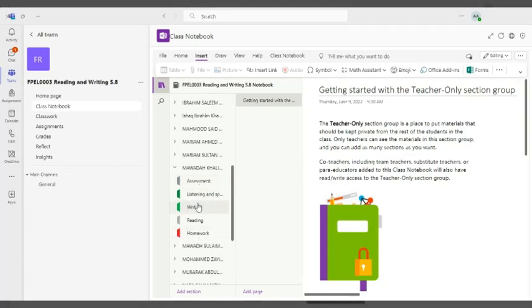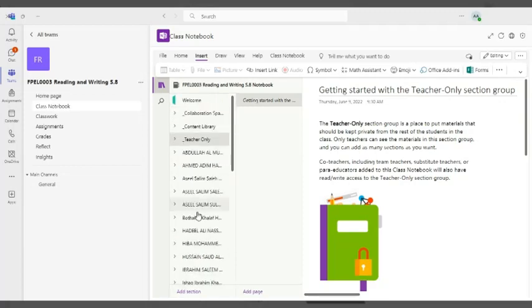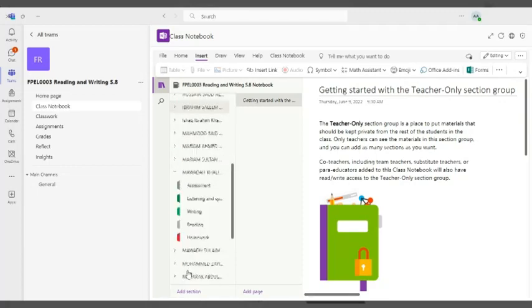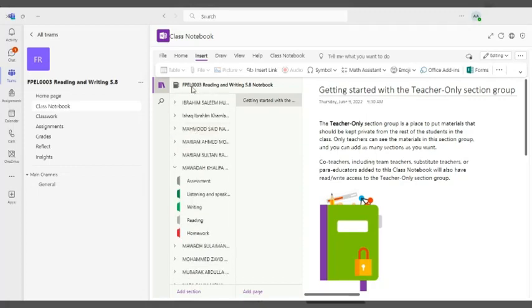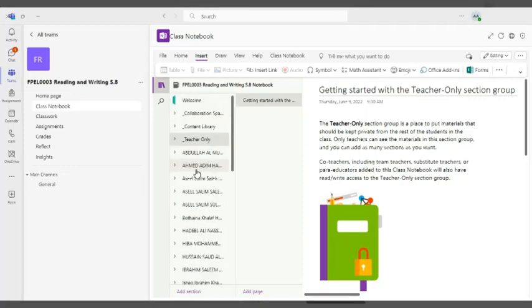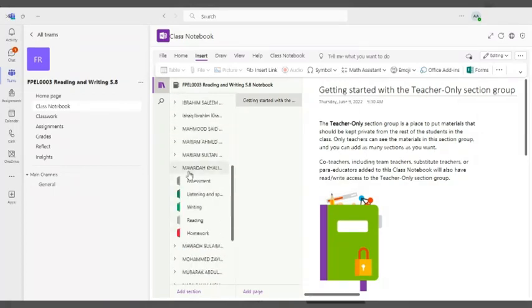Okay, so to make sections, you need only to click here, add section, to any one of these sections. Because you are the teacher, you can make sections in the groups of the students and in the general groups that you can find here. And the students can only make sections in their private space. So they can only see their section, but they cannot see others' spaces. Okay? So Mawadda created some of the sections here, one for writing, for reading, for homework, listening and speaking, and the assessment. So if I click on the writing,